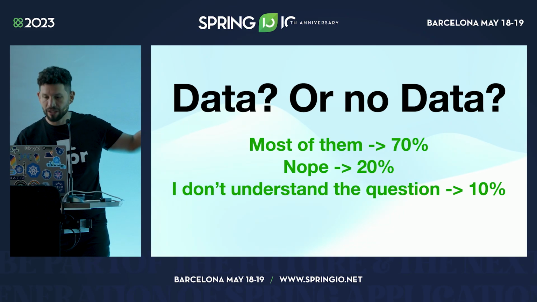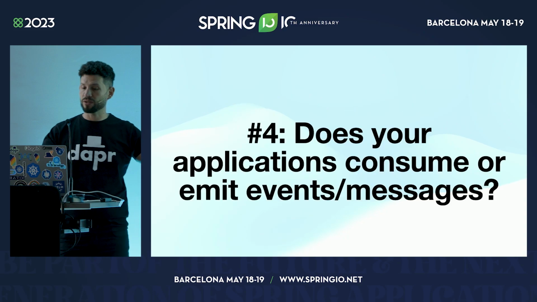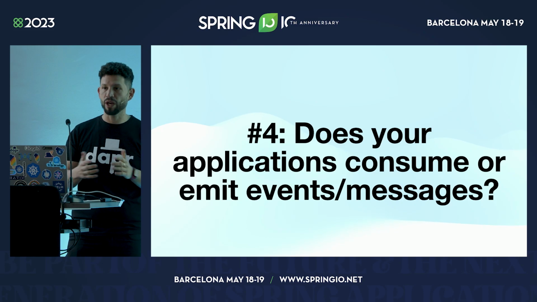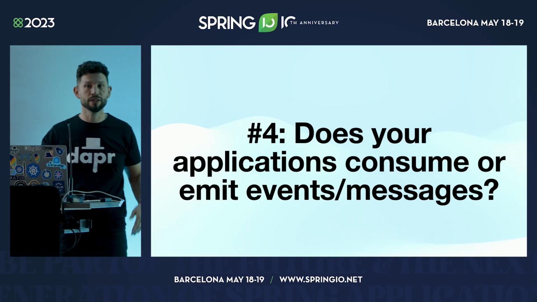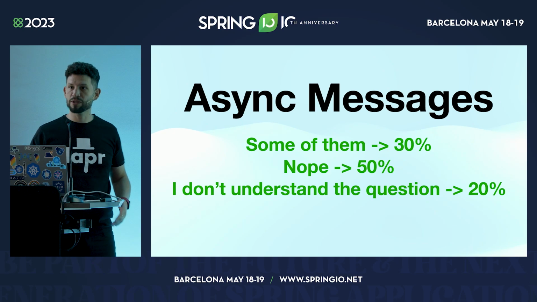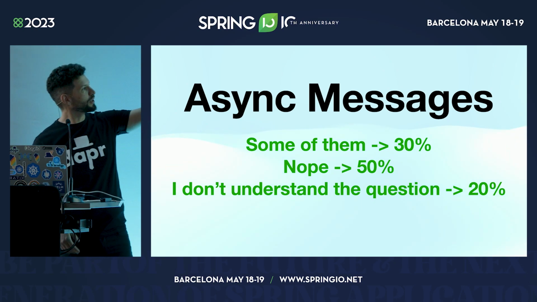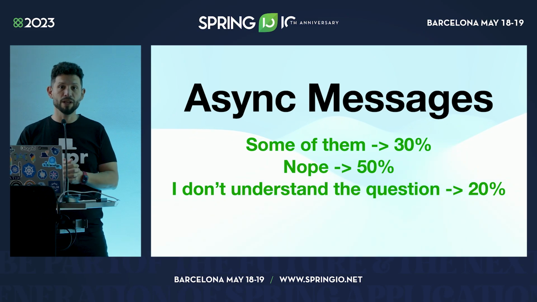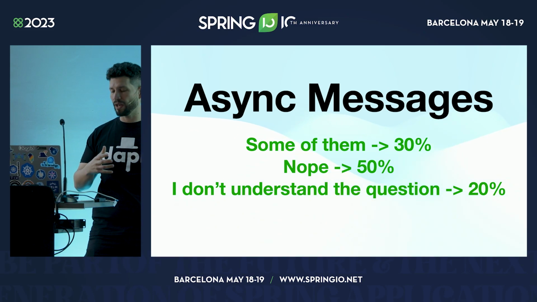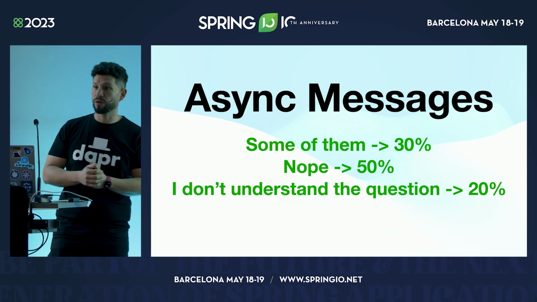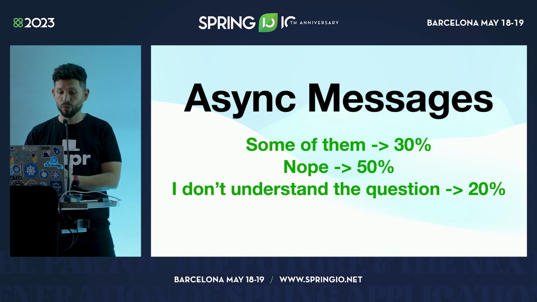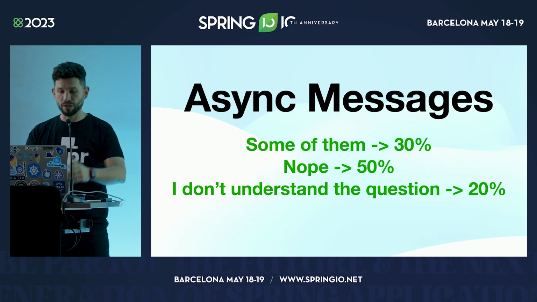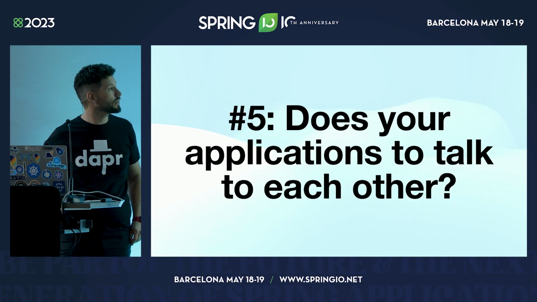If you are not writing or reading data, what other things are your applications doing? Are your applications consuming or emitting events in an asynchronous way? How many people here have that kind of stuff? That's good. Again, 30%. That's pretty accurate. So 30% of the time, you need to interact with other applications by emitting or consuming events. That's asynchronous, using tools like Kafka or RabbitMQ, message brokers, or even cloud provider-specific tools. If you are not emitting events, that's okay. You might have different scenarios where you don't need those kind of things.